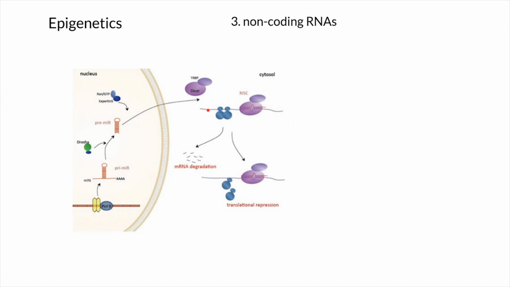This messenger RNA normally would be translated by the ribosome here and turned into a protein. But if the presence of this microRNA in this particular cell is guiding these RISC complexes, two things can happen. One, the mRNA itself can be degraded from that activity of the microRNA, or simply the microRNA could block translation, keeping those ribosomes away. In either case, you're turning down the gene expression of that target messenger RNA in a way that's probably going